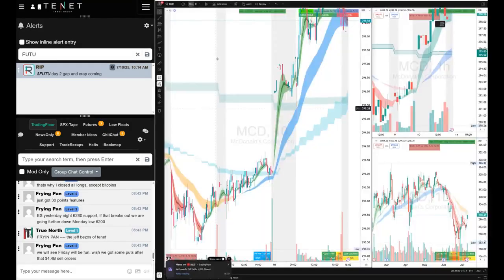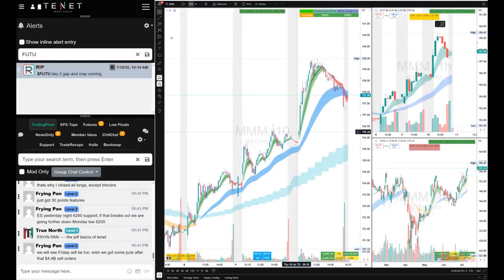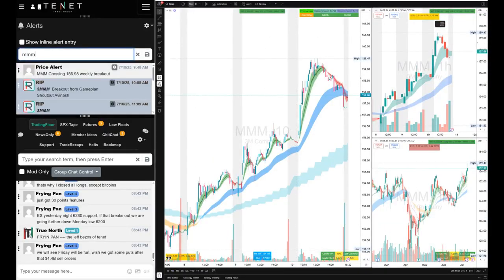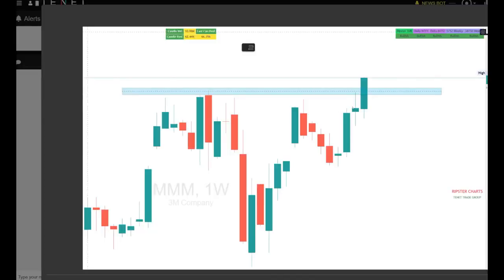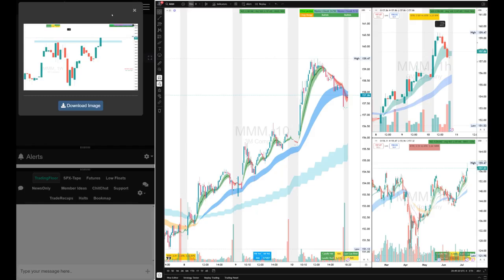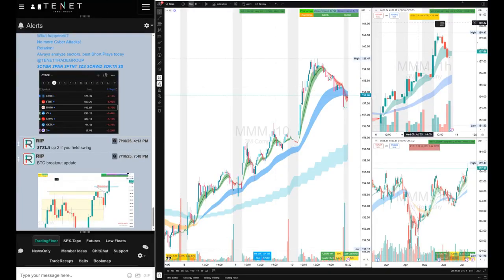And if you look at the move on Triple M intraday, you see that it ran all the way in the morning. I told the traders. I did send out that alert on Triple M as well. Weekly breakout right at the morning. I sent out the alert. You take it long, take the weekly breakout all the way to 159. Beautiful long trade, guys. Beautiful long trade. This is the breakout I'm talking about. This is how you analyze the charts. I might do a webinar on these weekly, daily breakouts for the swing and day traders soon.